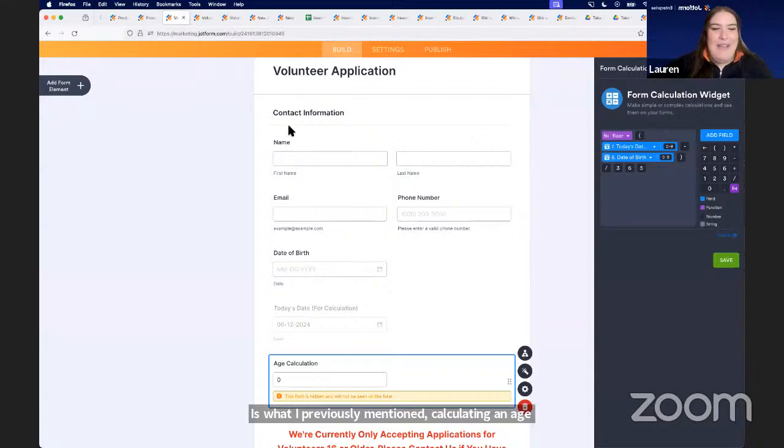In this example, I have a volunteer application in which I am asking the respondent for their date of birth using the date picker element. Right beneath it, you may notice another hidden date field displaying today's date. The third and final field needed is, of course, the form calculation widget, right here and also hidden on my form. Going into that form calculation widget, you can calculate age by taking today's date, my hidden field, and subtracting